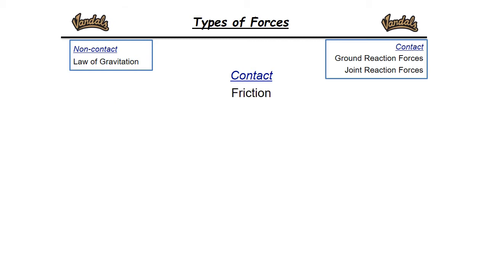Taking it a step further, we're going to talk about another contact force, and that's the force of friction. If I take you back to the slide, two slides ago, where we talked about ground reaction force, remember that there was a horizontal component, the anterior-posterior ground reaction force, which is the foot interacting with the ground in that horizontal direction. So you have a braking and then a propulsive force, which is typically what we call that in the AP direction. But in order for this to be represented by